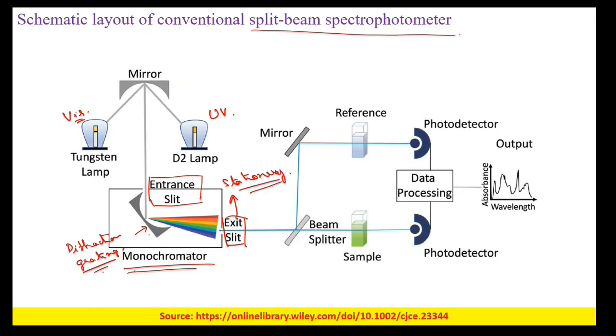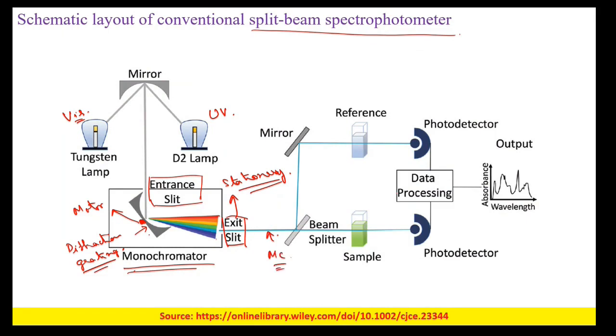Since they are stationary, what is done is that this diffraction grating is attached to a mechanized motor, which changes the position of the diffraction grating. And while you are changing the diffraction grating, what happens initially? Maybe the red light is over here, or the violet light is near the exit slit. So the UV or the violet light comes out of the exit slit and so on. And as you move the position of this diffraction grating, you get specific monochromatic light. Okay.